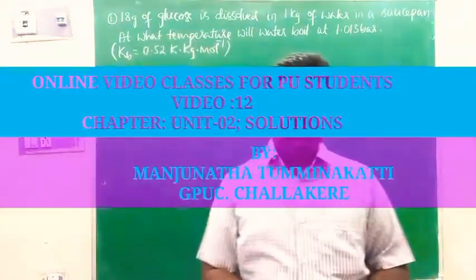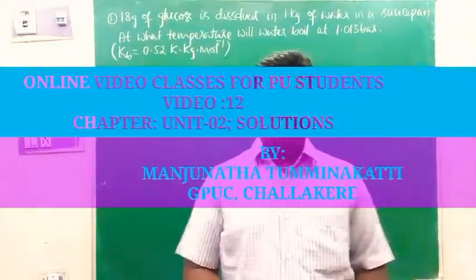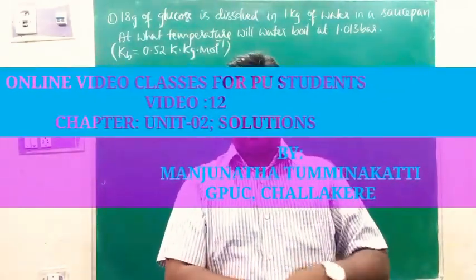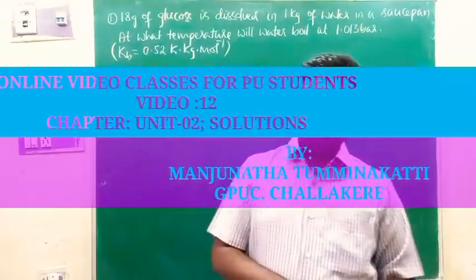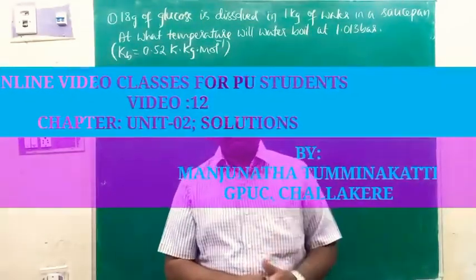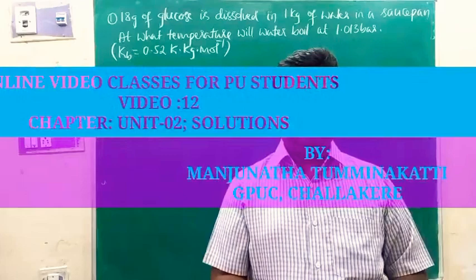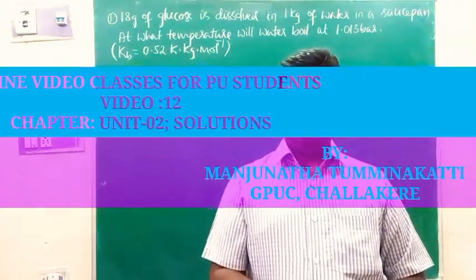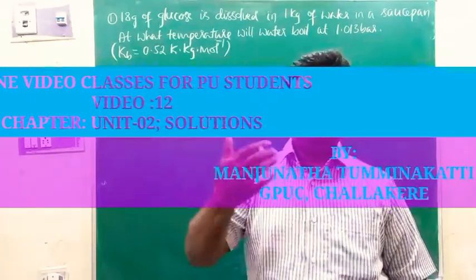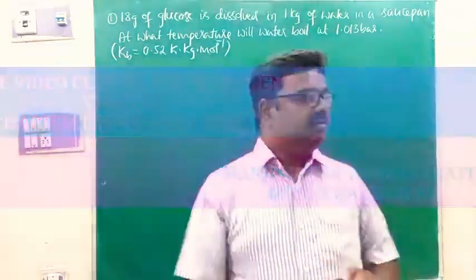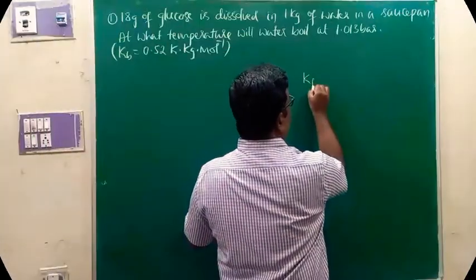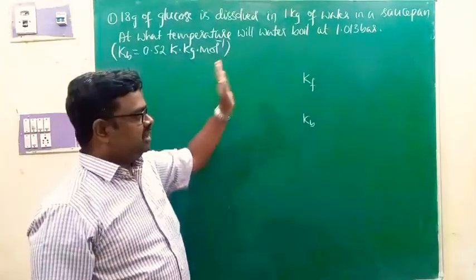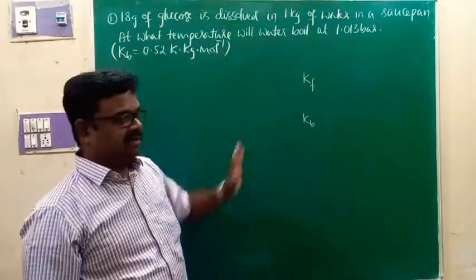In the previous video, we discussed cryoscopy and ebullioscopy, and all the aspects of elevation in boiling point and depression in freezing point, and of course the calculation of molecular mass of a non-volatile solid by making use of delta Tb and delta Tf. Before going to the numericals on those colligative properties, I want to give the mathematical expressions for Kf and Kb. I just need to give the formula for calculating Kf and Kb.